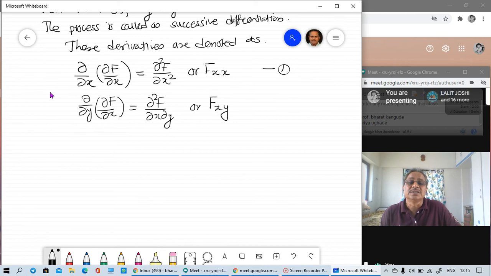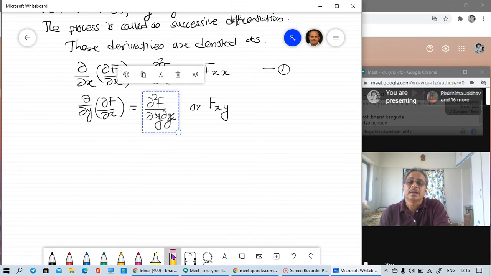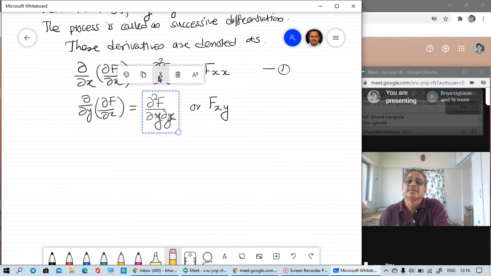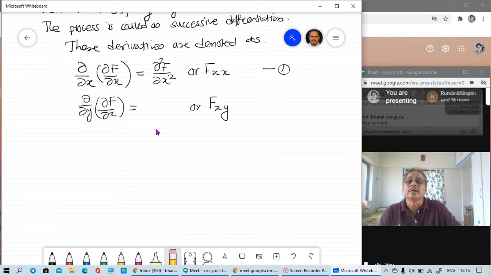Okay, so this is first differentiation with respect to x and then differentiation with respect to y. So first we are taking, sorry, I made a mistake in writing here, this should be written as daba y of daba x, or I'll just skip this. I'll erase this. So this is to be written as daba square in pen.